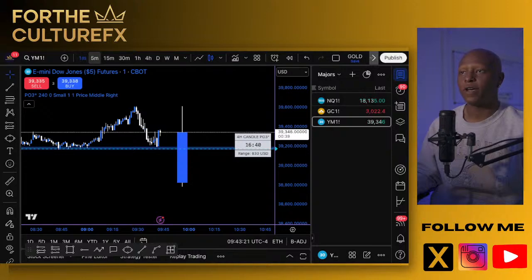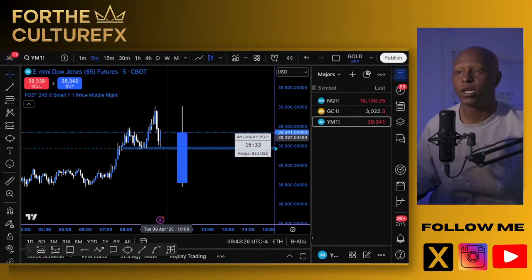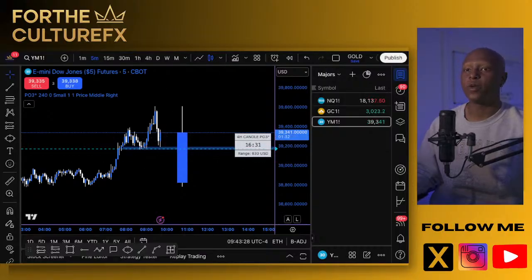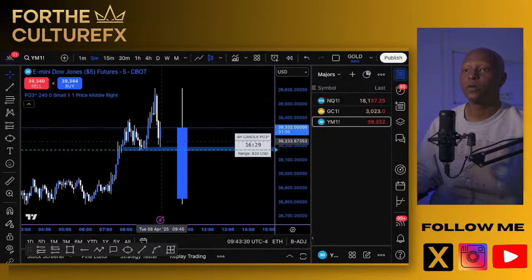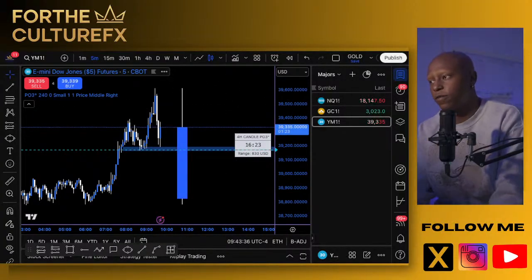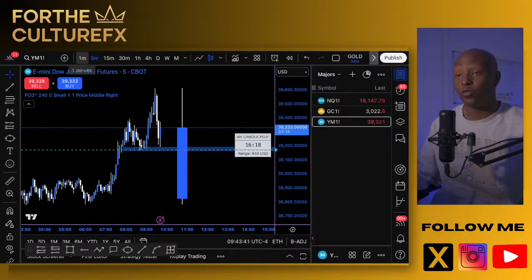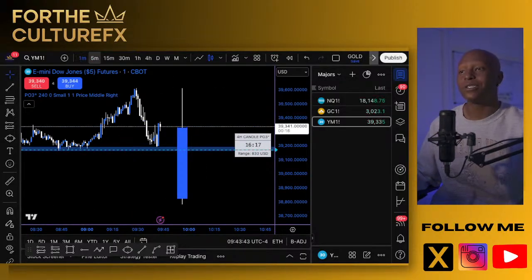And if this in fact does hold, I'll look to get in on the first 1 minute bullish candle following this 5 minute bullish candle closure here. Anticipating that the next 4-hour candle continues to push up and fill the wick. We got 16 minutes into this current 4-hour candle closes, so it's still a lot of time that price can move before then. But that's what I would anticipate on the 4-hour candle close.